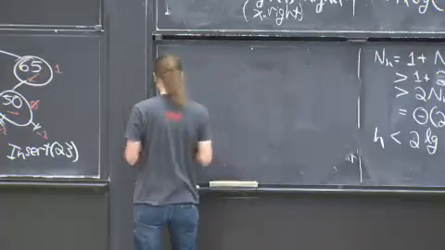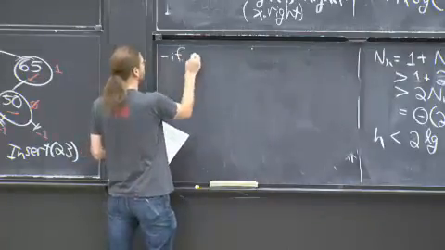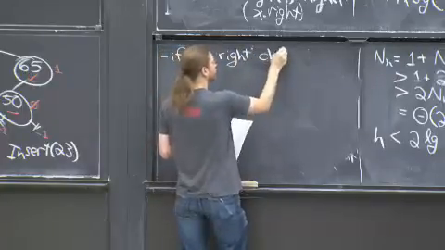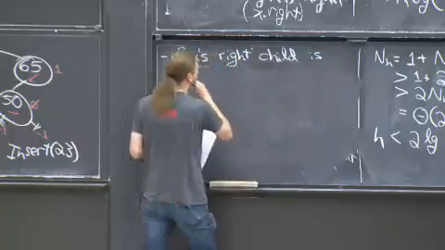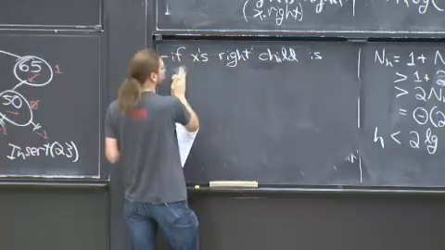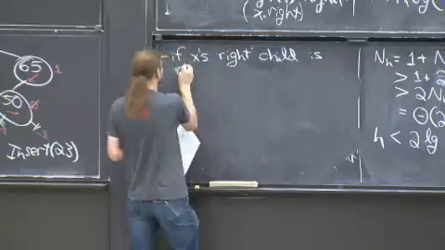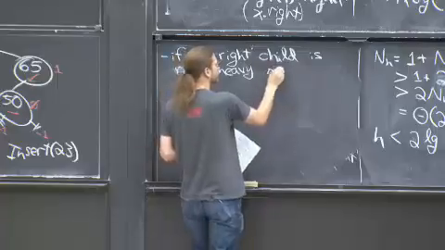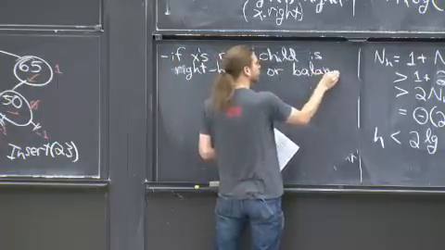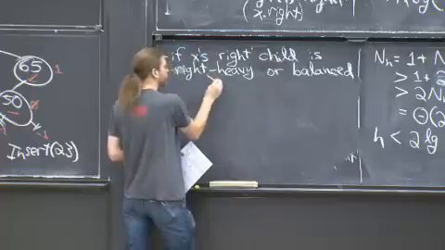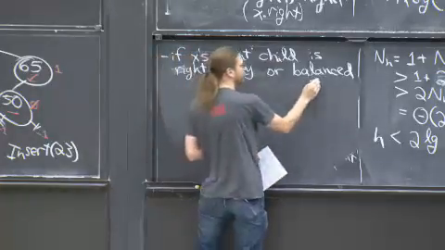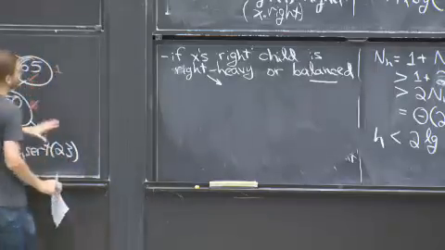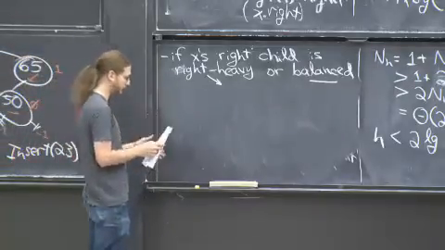Now there are 2 cases, like I said. I'm going to use this term right heavy because it's super convenient. Right heavy is what I've been drawing by a descending right arrow. Balanced is what I've been drawing by a horizontal line. So we're just distinguishing between these 2 cases. This turns out to be the easy case.